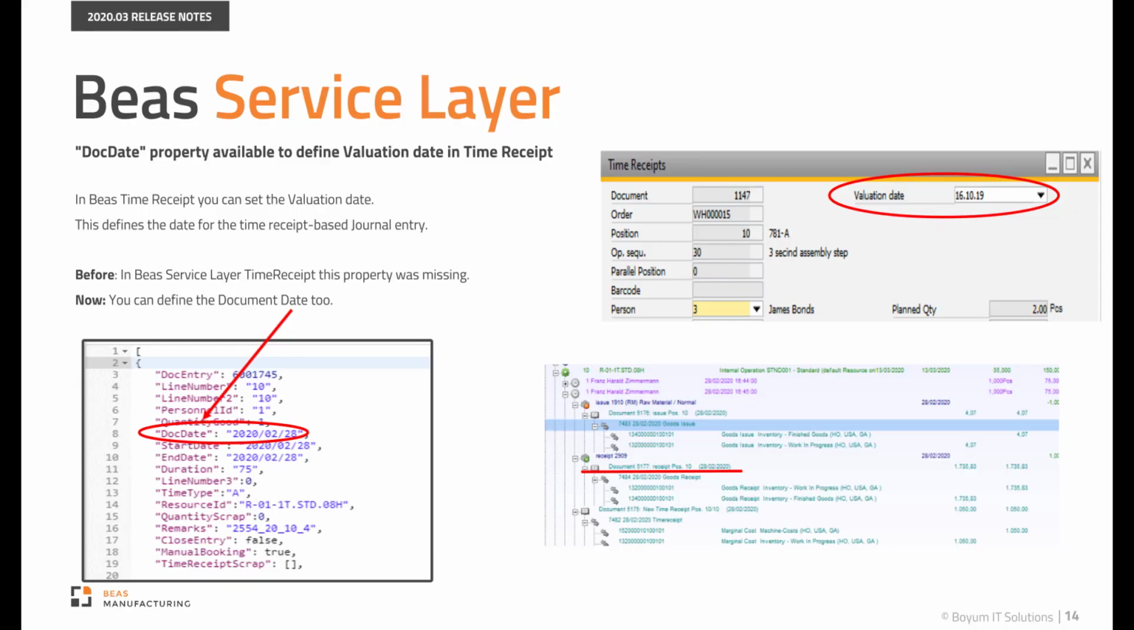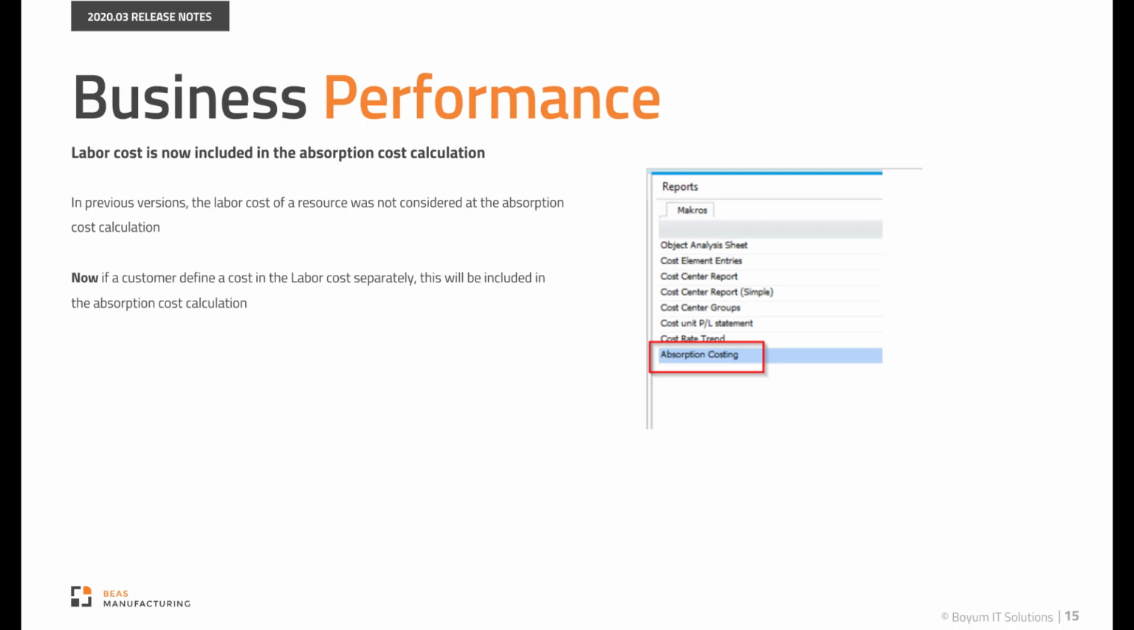From now on, you can define a valuation date in time receipts. For this, we have added a property to define a date for the time receipt based journal entry. Labor cost is now included in the absorption cost calculation. In previous versions, the labor cost of a resource was not considered in the absorption cost calculation. Now, if a customer defines a cost in the labor cost separately, this will be included in the absorption cost